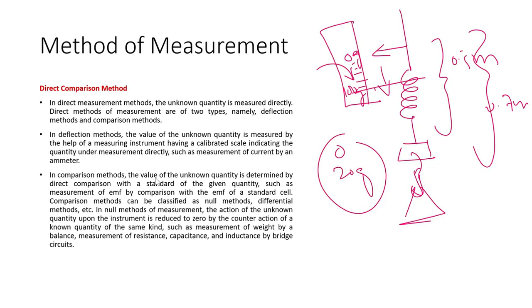In the comparison method, we have two quantities, and we use one quantity in comparison with the other. For example, if you want to know the EMF of an unknown quantity, what will we do? We will compare it with a standard cell. By doing that, we can know the difference between these two quantities, which will lead us towards the calculation of the unknown quantity, and in the end of the